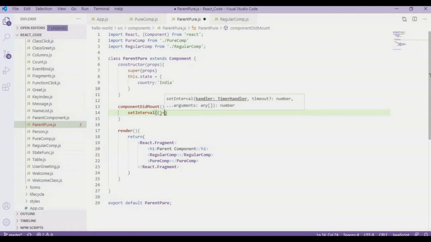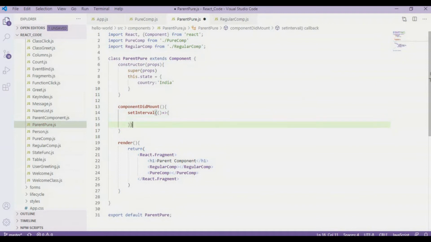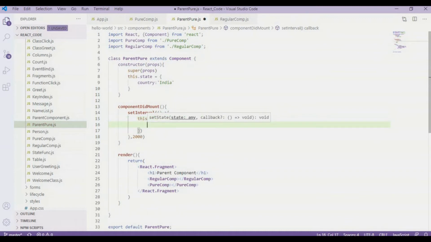It will be an arrow function, and the interval time will be something like maybe 2 seconds. Inside this interval function, I'm going to use the setState method, and in this setState I am not going to make any changes, so country will remain India.